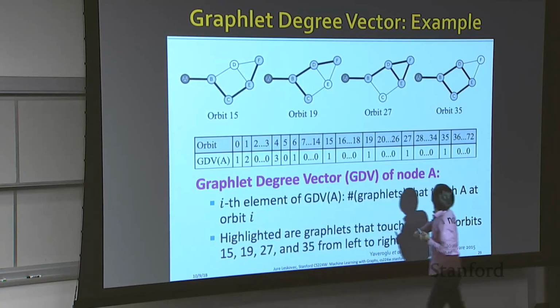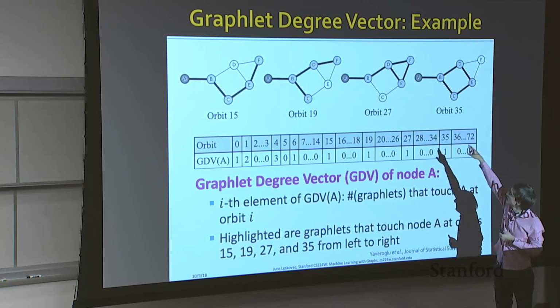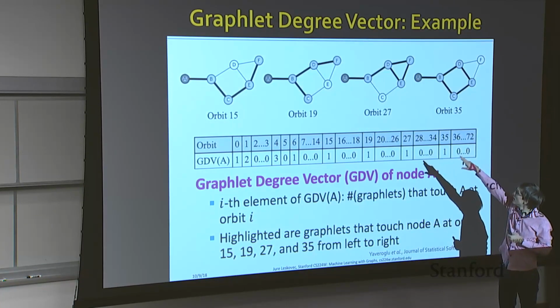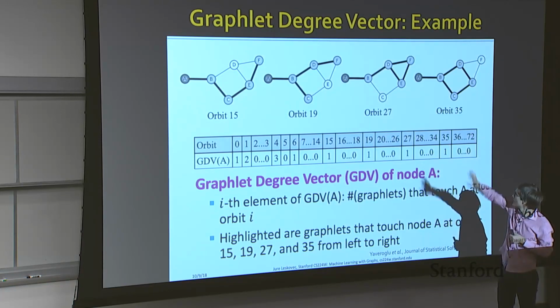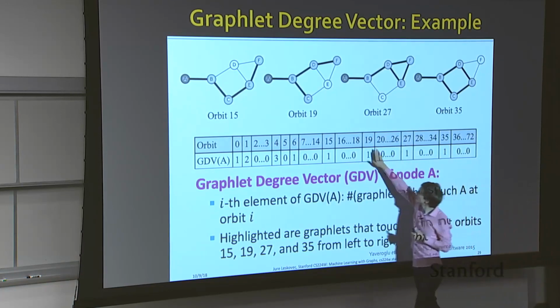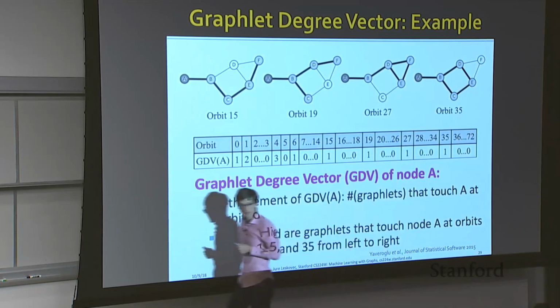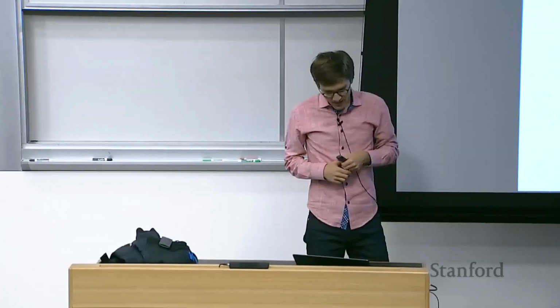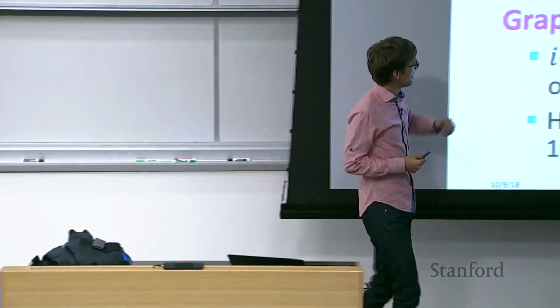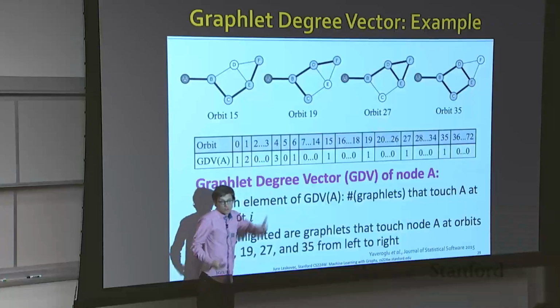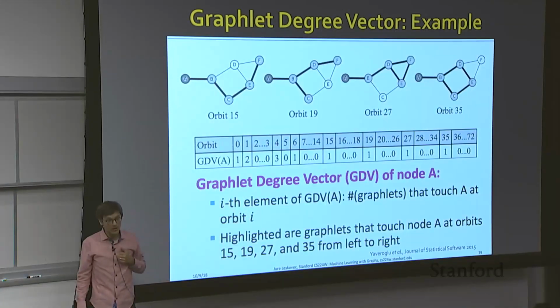For example, I try to illustrate the instances of those orbits and the graphlets that are counted at a given position, right? And now we can use this vector to do various different things with